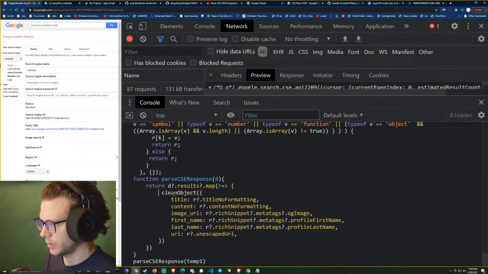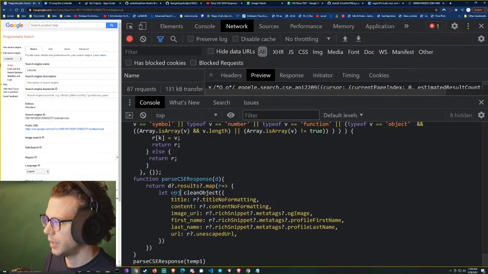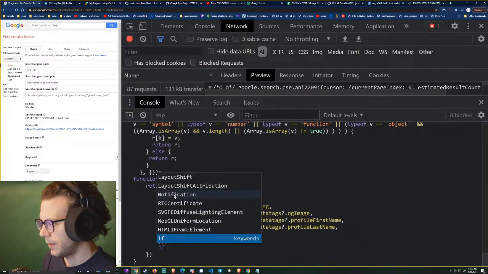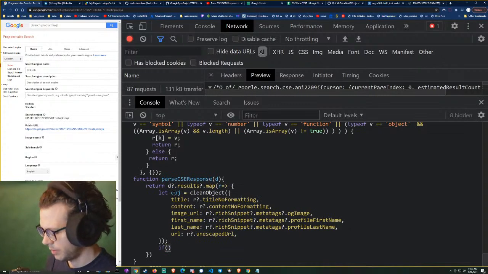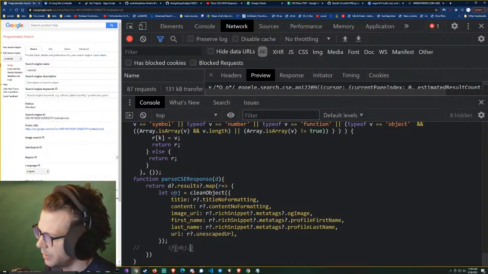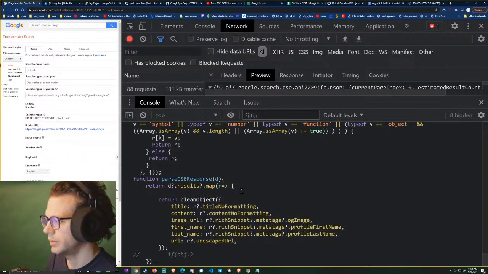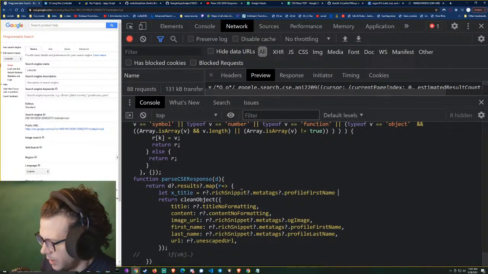Let's see, we'll say let object equals, and then we'll say if object, maybe I don't want to do it like that, because what I can do is just say, this will get a little bit messy, but I can do it up here and say, all right, x title equals that, and